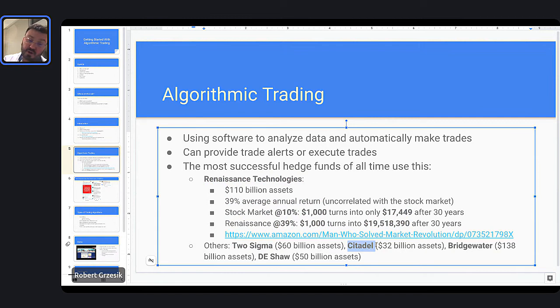Anyways, Citadel, the hedge fund, right? And Citadel is a very big company. They're actually the ones, if you didn't know this, that are on the other side of the trades when you're doing Robinhood trading. So if you're going into Robinhood and you're placing trades, I don't know if you're aware of this, but Robinhood pays for order flow, meaning that when you place a trade through Robinhood, you're actually trading with Citadel, right? You're not trading with other people, you're trading with Citadel. And they're making a profit every single trade that you're making, right? Gives you an idea of how big this industry is, right?